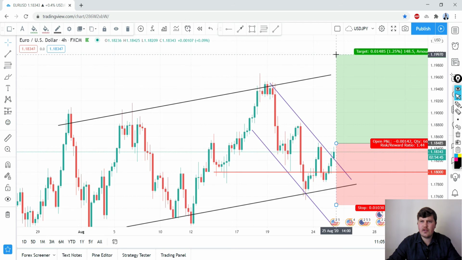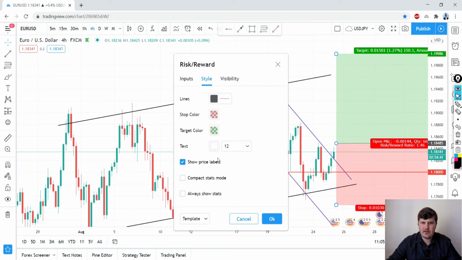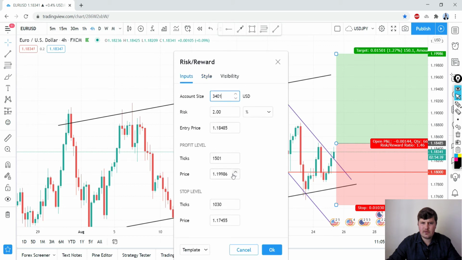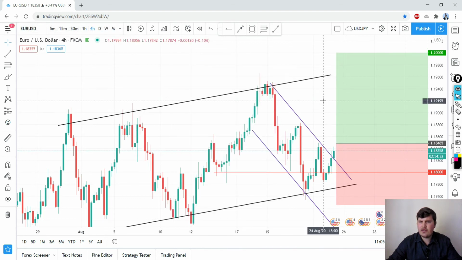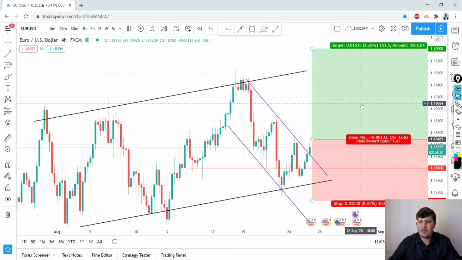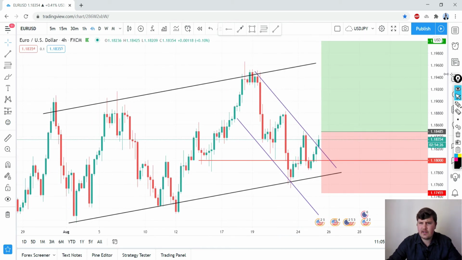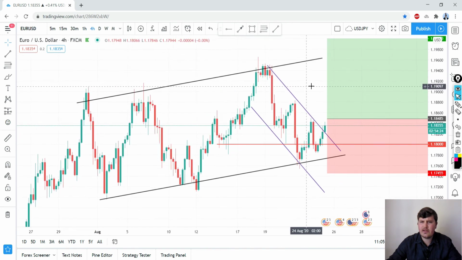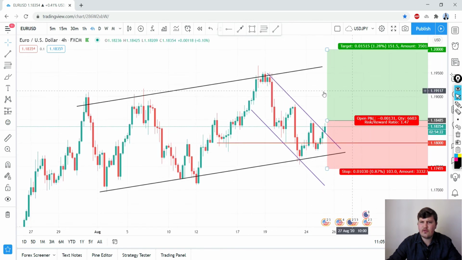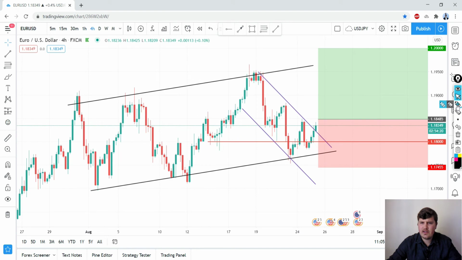This is also a very good, very important psychological level in the market. So let me just input that specific level over here, and then we have a better risk to reward of 1 to 1.47. So this is the trading idea that I'm currently working with on the EURUSD, and as you can see,